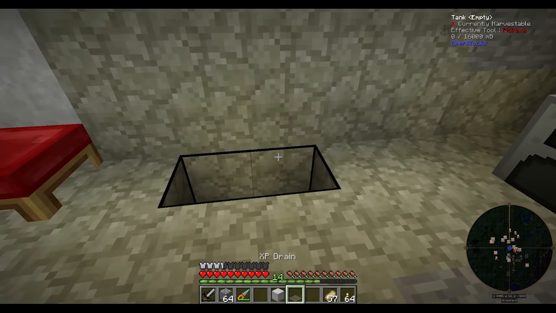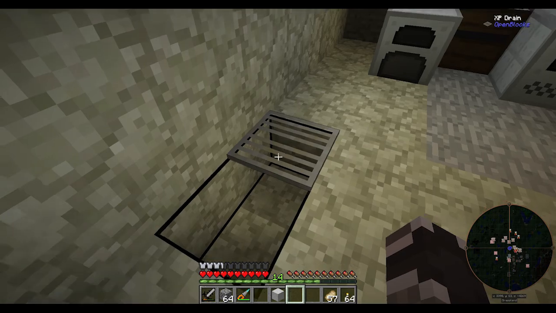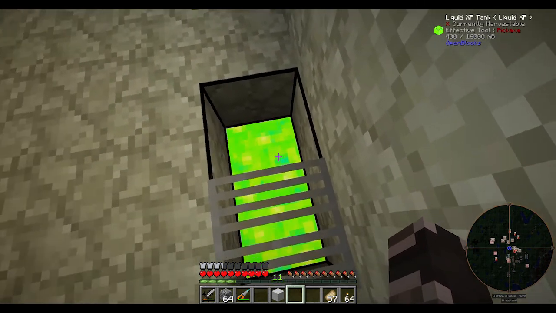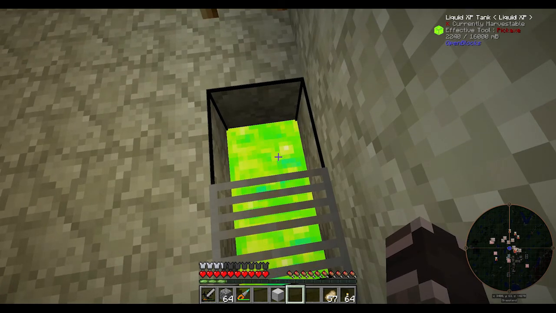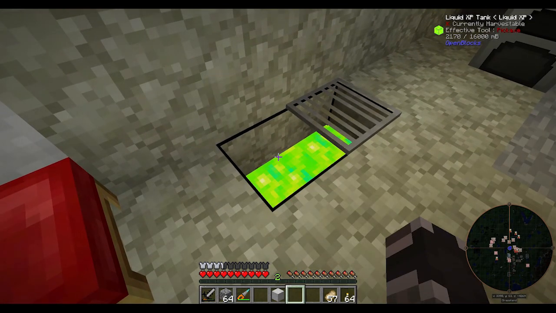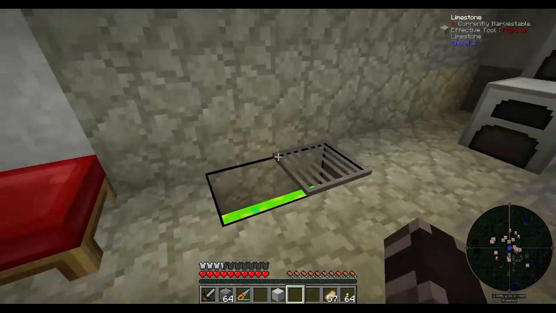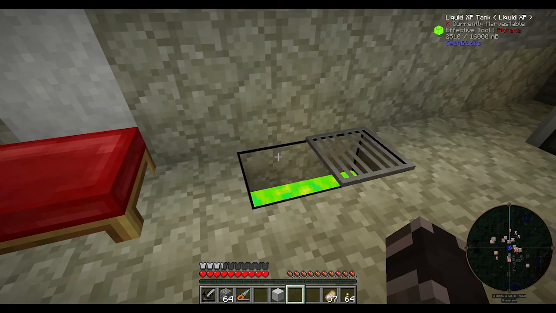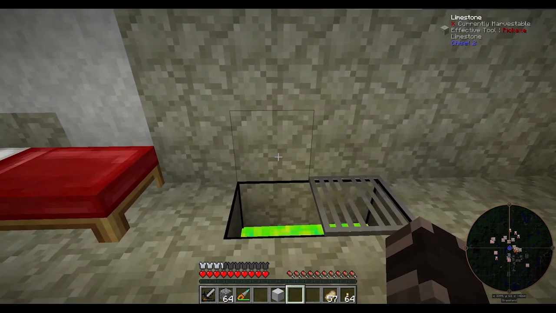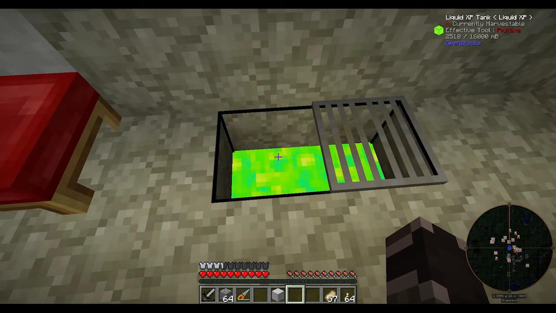Alright, so this is going to be enough for now, I think. And all you do is put the XP drain on top of the tank, both from OpenBlocks. And you stand on top of it, and it drains your level into the tank. And then to get the levels back, you'll just right-click on the tank one at a time. And what you want to do is make sure you're clicking on the one that has the XP in it. Like if I place these vertically, if I clicked on the one on the top, it wouldn't do anything. But if I clicked on the one on the bottom, the one that actually has XP in it, then it'll